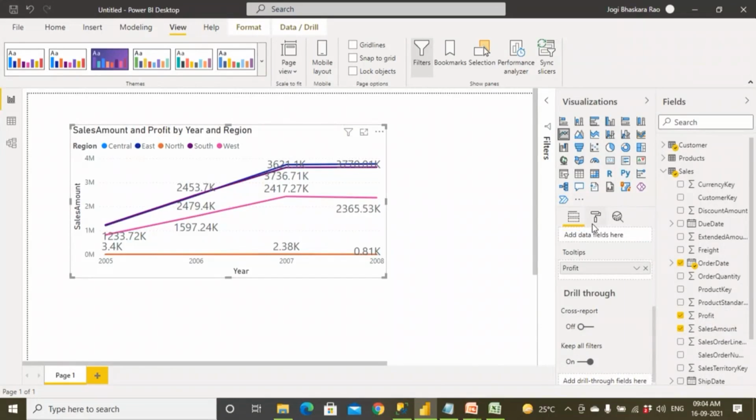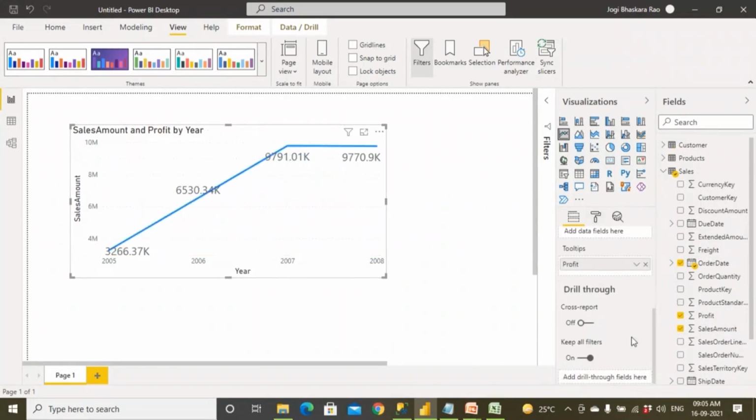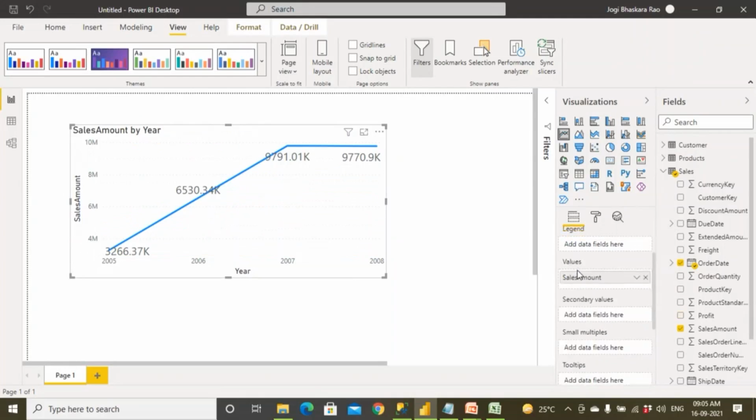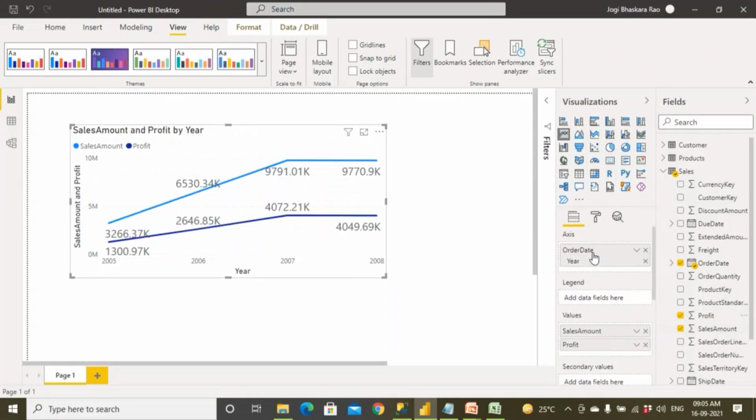For example, let me go back and let me remove the region. I should be able to remove the profit here. I should be able to have the profit there. Let me go to the order column and drag and drop profit. So one dimension, two things we can have. One is called profit, one is called sales. So you can compare, this is a sales amount and this is a profit amount. So if you wanted to analyze